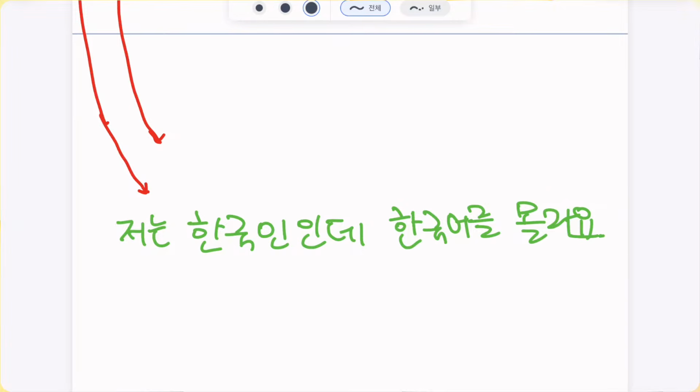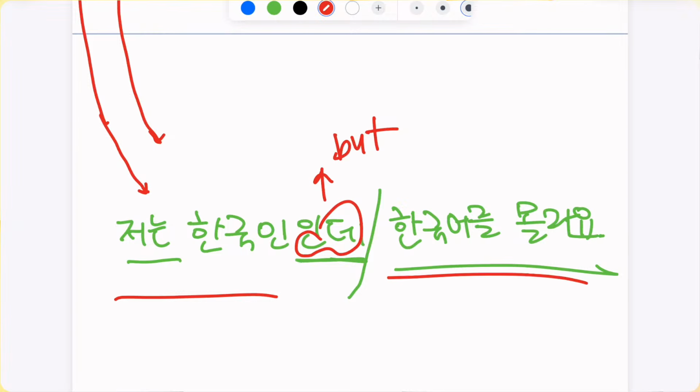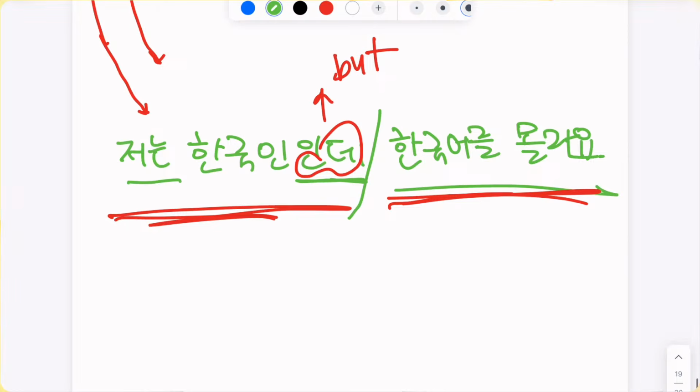한국어를 몰라요. 일단은 저는 한국인인데 한국어를 몰라요. This 인데 would more be "but," right? Because these two are contrasting content. I am Korean, but I don't know Korean. Maybe that person is ethnically Korean, right? In this case. 그리고 but in this case, 저는 한국인인데